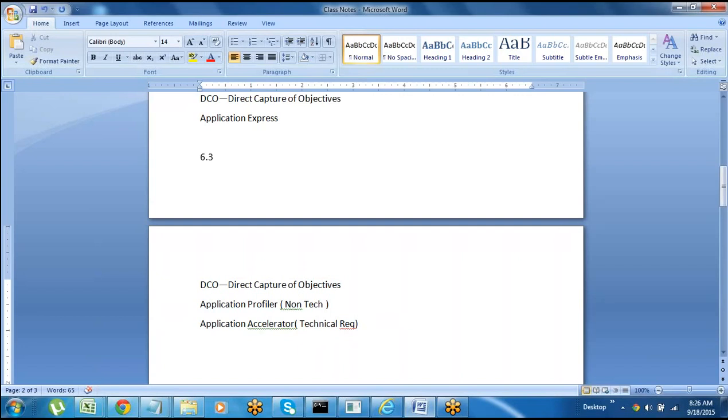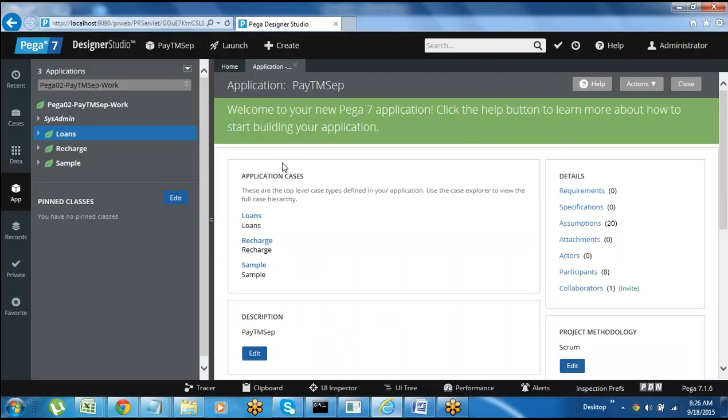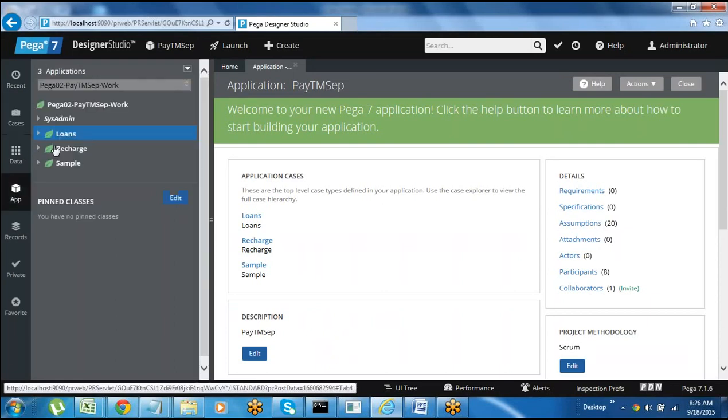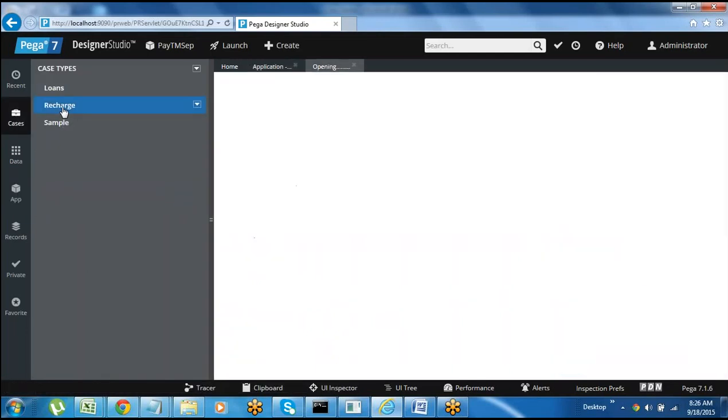I just have a small doubt about creating cases. They have given the cases, right? We can create the case and we can create the processes there. That is also possible, but not required, it is a lengthy process. Instead, at the application level you can define all the cases and directly go, and inside that we can add the process.